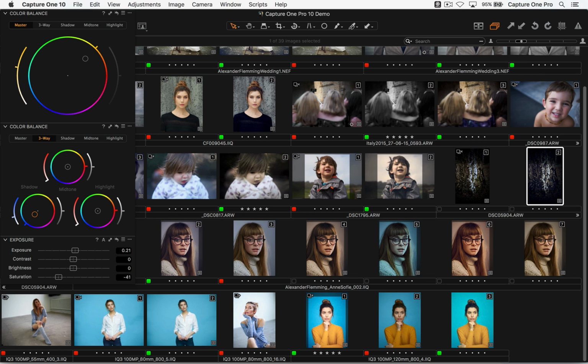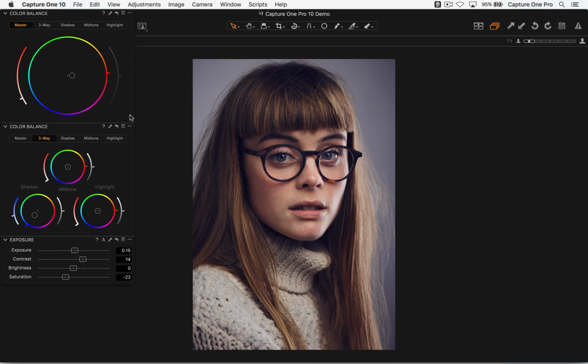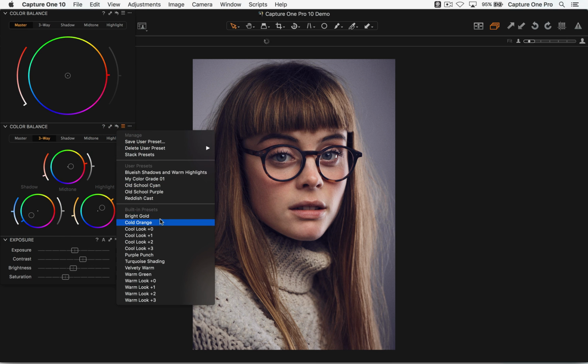Now, in terms of Kiel's question earlier about presets and so on, if we look in the color balance tool, let's just grab Anne Sophie here for a second. You'll see this already has just a little tint to the shadows. But there are some built-in presets, and if we just whiz down this list, there's various different things that you can try. All you need to do is either mouse down the list, or use your cursor keys to go through, and you'll get an instant preview and you'll see the color wheels change.